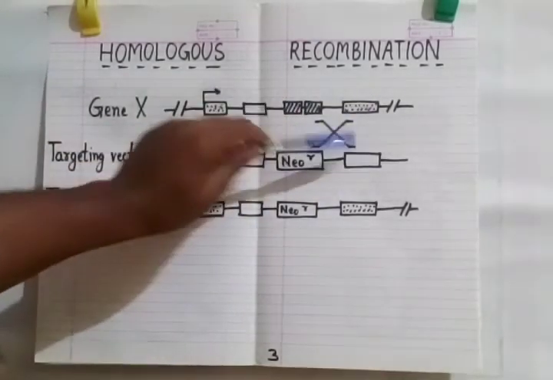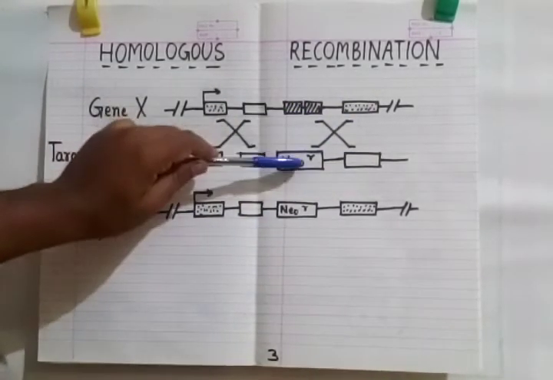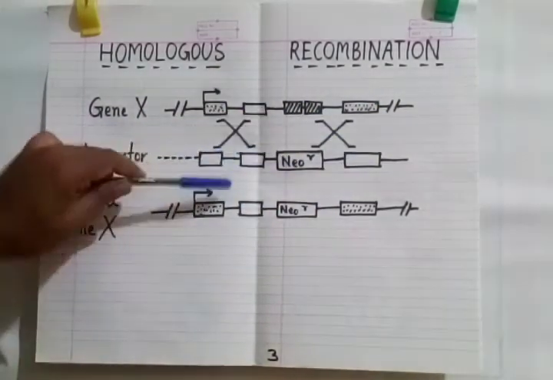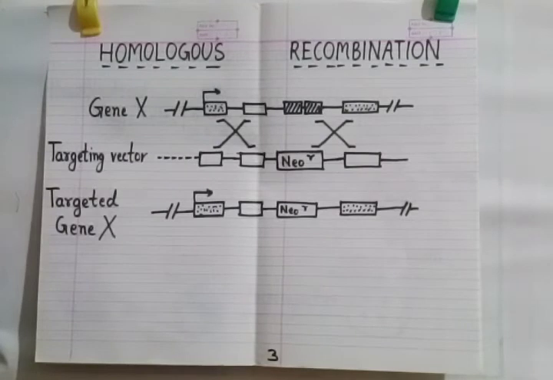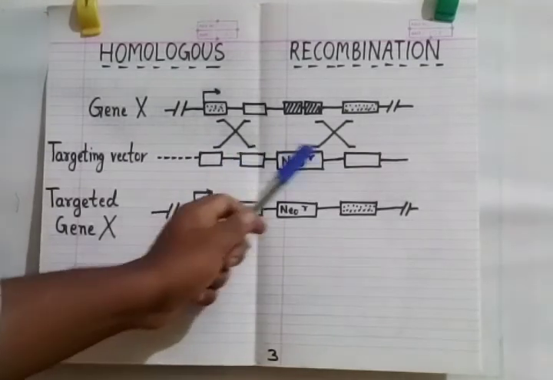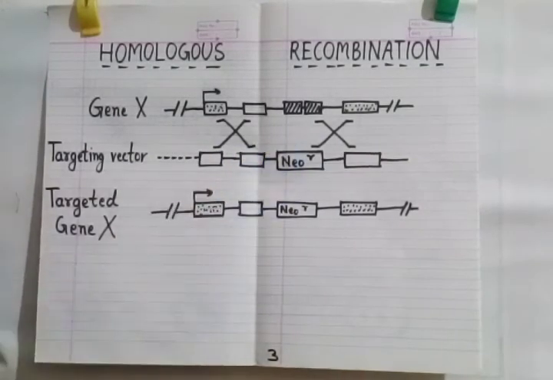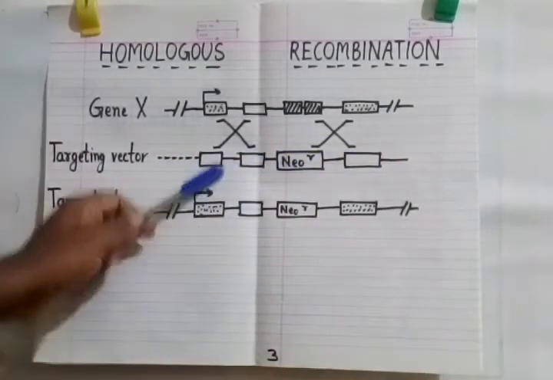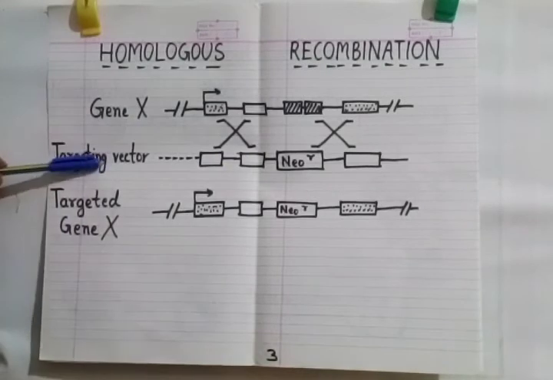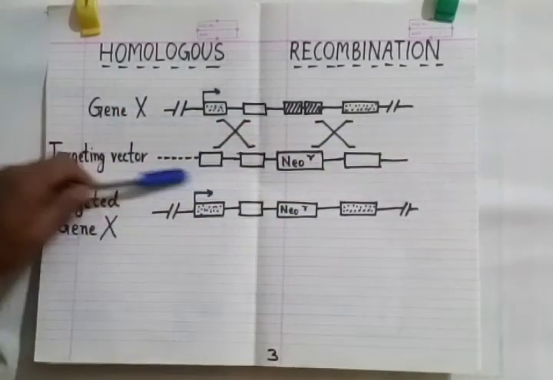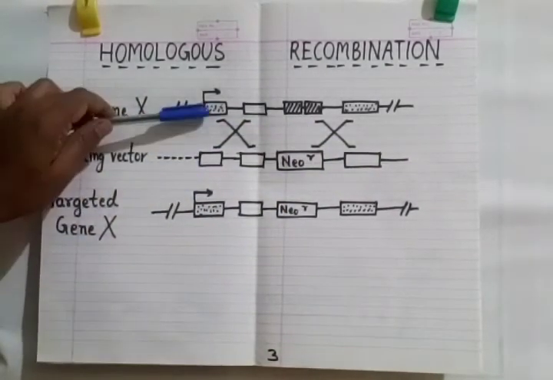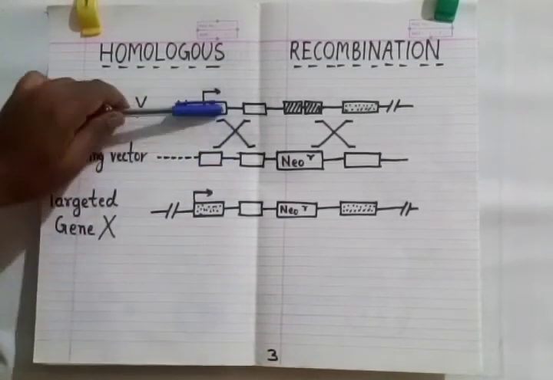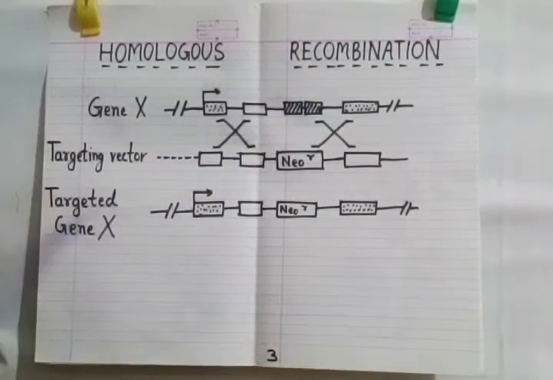This is also similar, but this is not similar. So I am making most of the genes in that fragment similar to the original DNA, and this one is not similar. This is different. When other things are similar, with more similarity, there is a possibility that this targeting vector DNA, once inserted into the organism, will go and do homologous pairing with the original DNA.